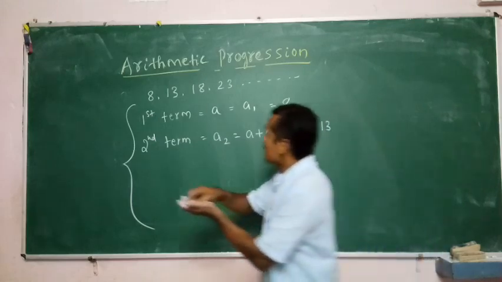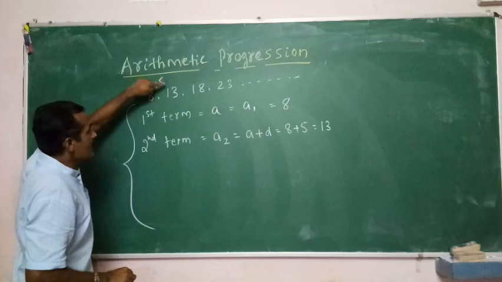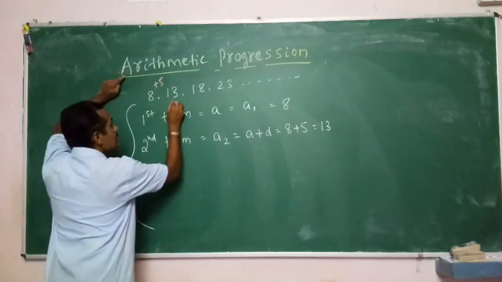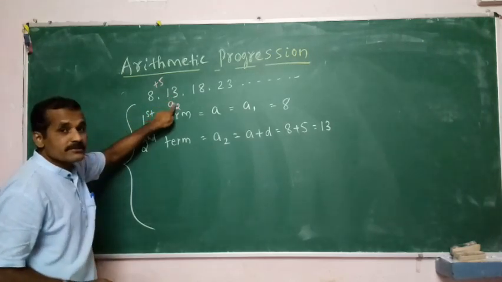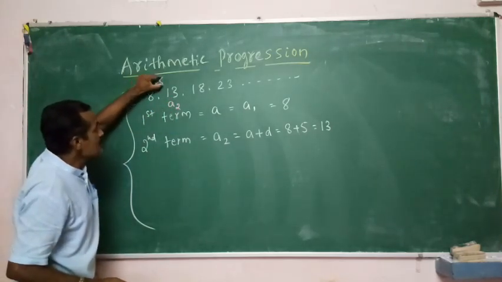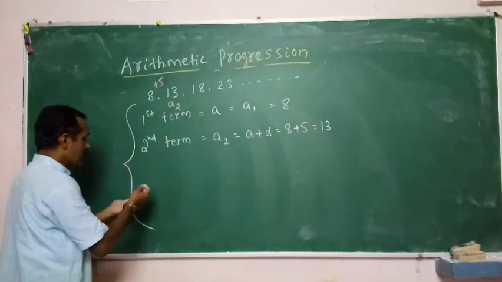A plus D, D is 5. 8 plus 5 is equal to 13. This is called A2. How is A2 obtained? A plus the common difference. A plus D is equal to 13. Okay. Now